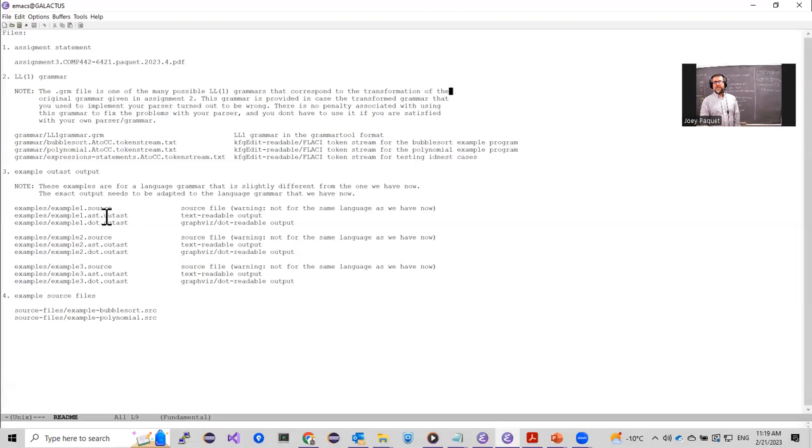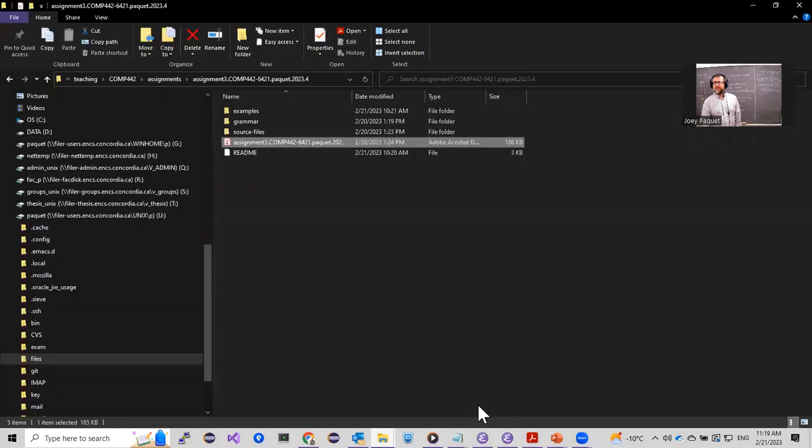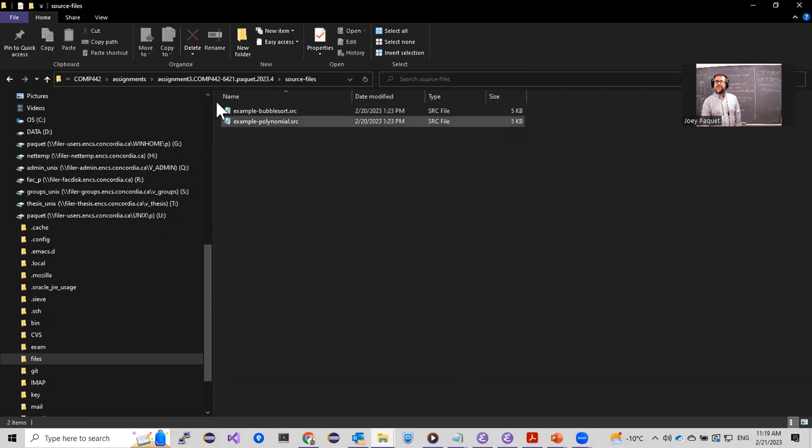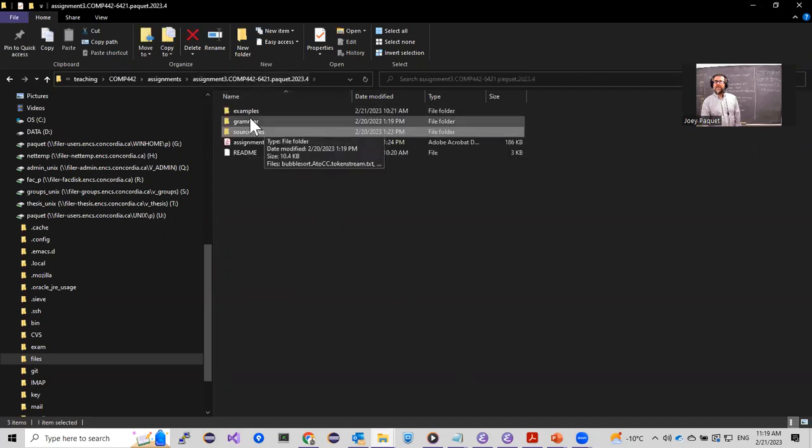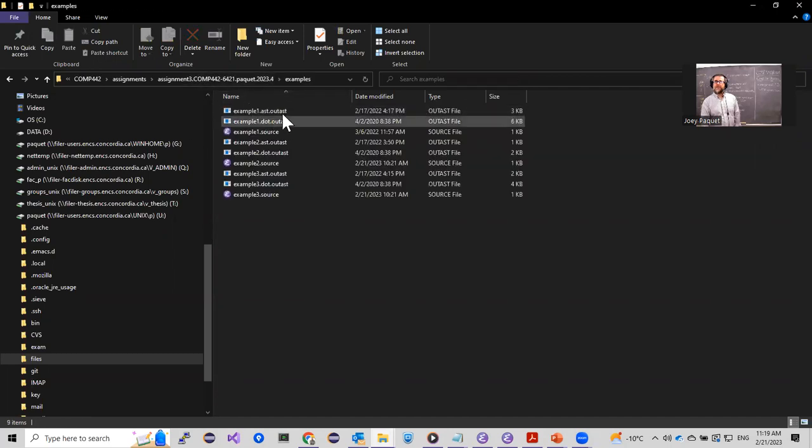As you will see, if you open this file here, it actually represents a textual representation of the tree. So here, examples. If you open this one here, the AST,